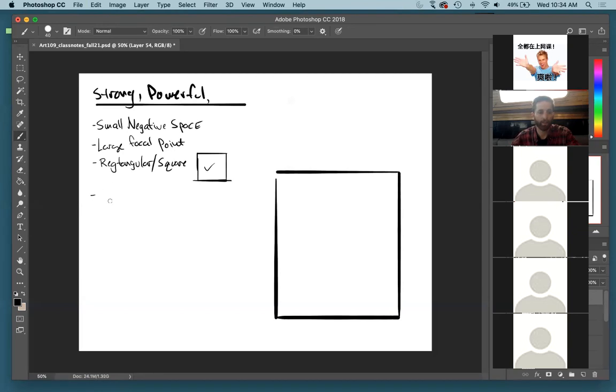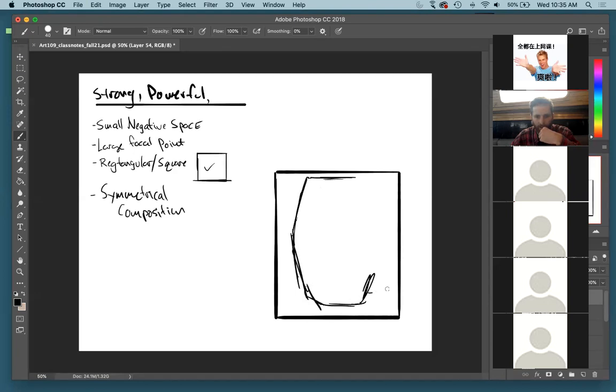Oh, and another good one for this, symmetrical composition. So just putting something right there in the middle of the composition and building around it symmetrically. So I see this one in, you know, different movie posters and things like that. If you have the very strong character and you want to show that a character is very strong,